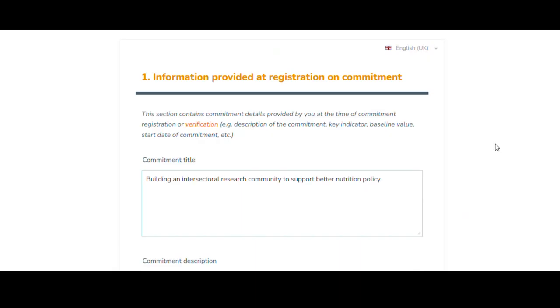Before we walk through Section 1, a quick note on language options. This form is available in English, French, and Spanish. At any point while completing the form, you can change the language by using the Language drop-down menu in the upper right corner of the page. While the questions are available in French and Spanish, we ask that responses be provided in English whenever possible. This helps reduce the risk of misinterpretation when the Global Nutrition Report translates and publishes commitment progress in the NAF